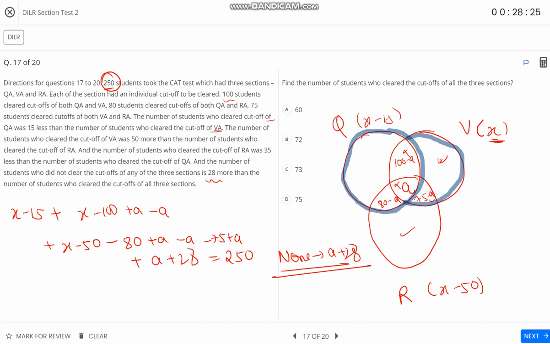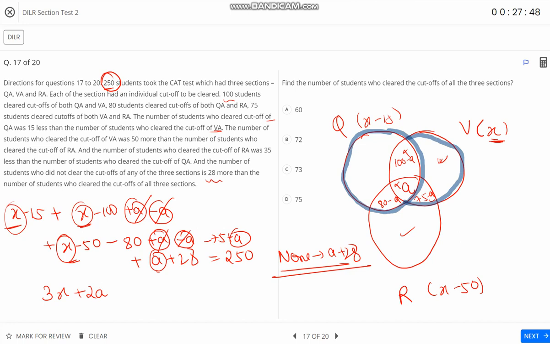Now let us try to calculate all these values. Let us see what all can get cancelled. Plus A with minus A neutralized, plus A with minus A again neutralized. And we are left with minus 75 plus A plus A plus. So this won't get cancelled, so we'll have to solve. Now let us see. X, 1, 2, 3, 3X. We'll circle this X and this X, done. Now A and A, so this is 2A.